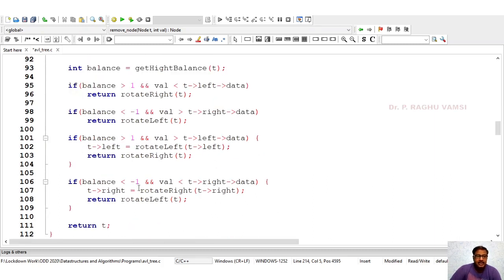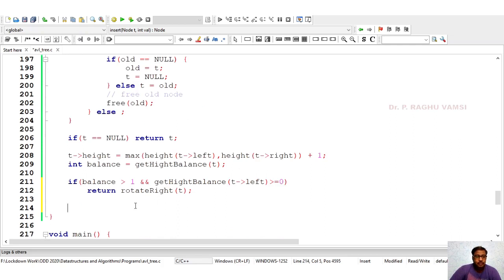That is, balance is greater than 1 and if the balance of the left subtree is too low, here we have seen the high, and if it is too low, left subtree, then what to do? So if balance is greater than 1 and the height balance of the root left is less than 0, then what are we supposed to do?